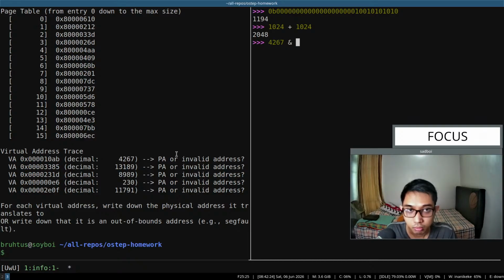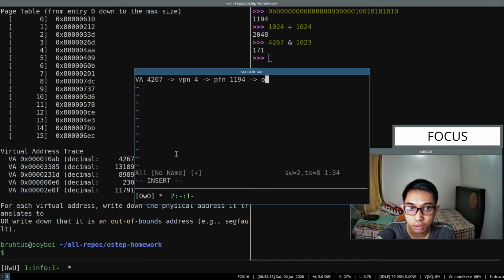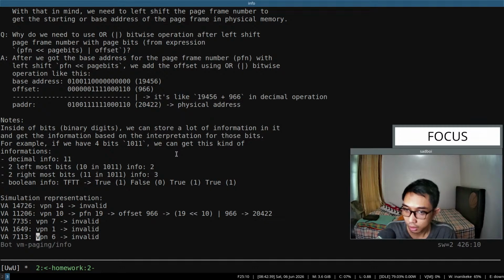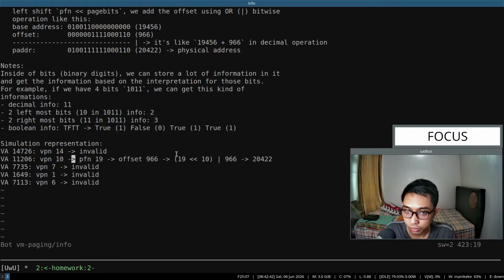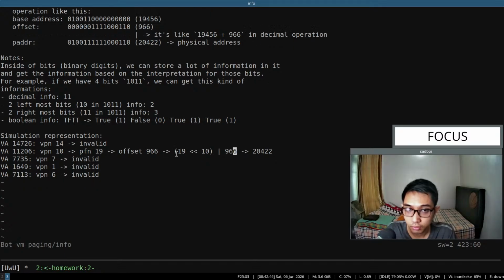Okay, masking that with this one, 171. So the offset is 171, and then okay,